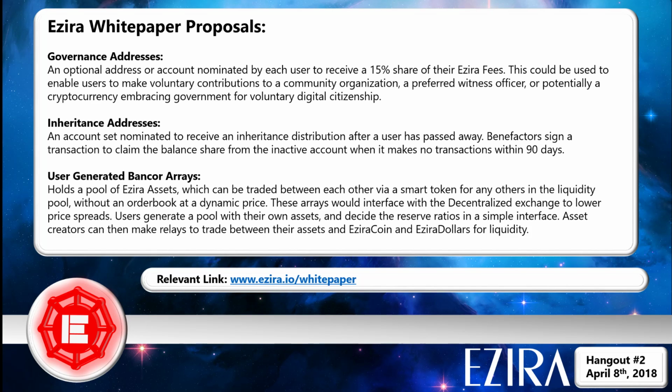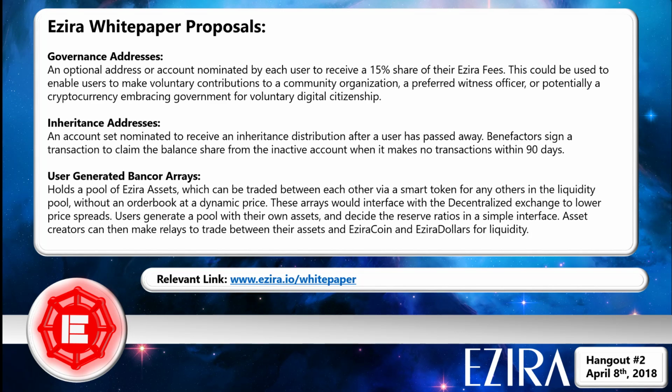A governance address is an optional address or account nominated by each user to receive a 15% share of their Ezira fees. So each time you purchase a membership or purchase a promoted post or otherwise burn an Ezira coin to pay for a platform feature, 15% of that amount would be sent to a governance address. And the user would decide which account this governance address is, and this could potentially be used to enable users to make a voluntary contribution to a community organization or a charity, a preferred witness officer to fund their ongoing operation